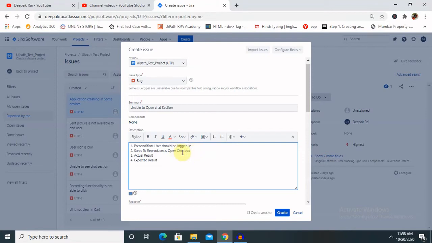Second, as a B, open any individual chat section and observe the behavior. So if we have too many steps, definitely we need to keep them